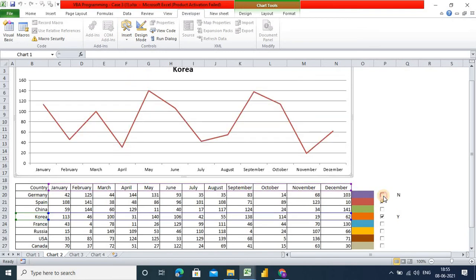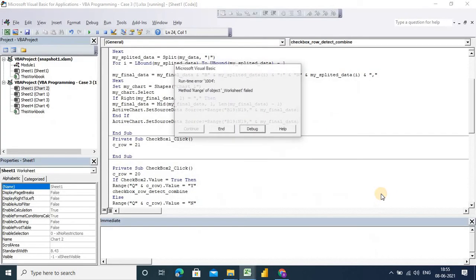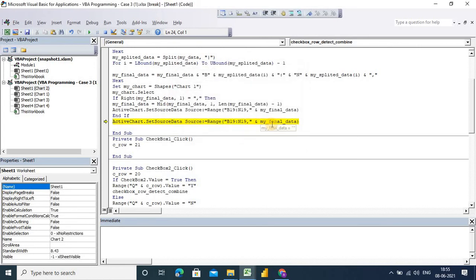You can see now it's running properly, and if I remove this yes, now it's showing the problem again. My final data here.